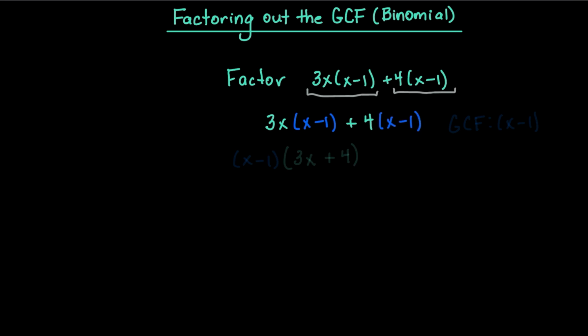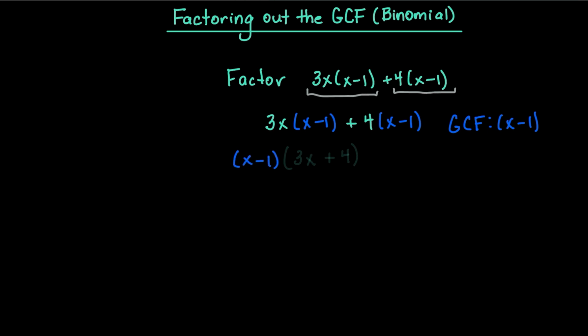clearly. In my first term, which is 3x times x minus 1, I have an x minus 1. And in my second term, which is 4 times x minus 1, I also have an x minus 1, which means both terms have a common factor of x minus 1, and they don't have any other common factors because 3x and 4 are relatively prime. Relatively prime meaning they don't have any common factors. So I'm going to go ahead and factor out